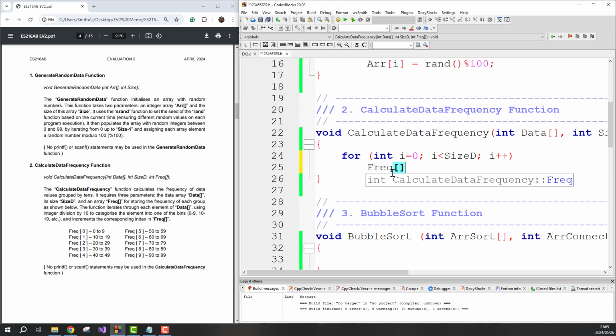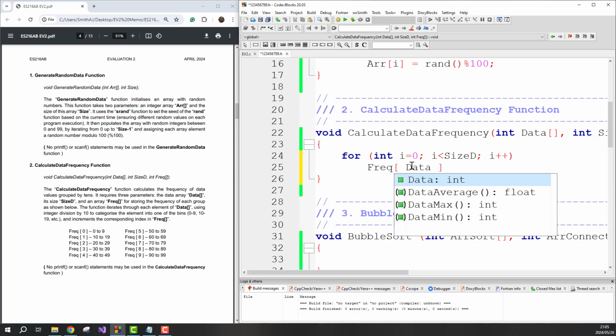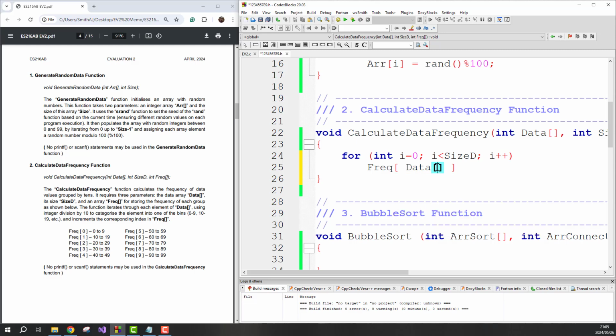Okay, so if we select that index of the data array and we divide it by 10,